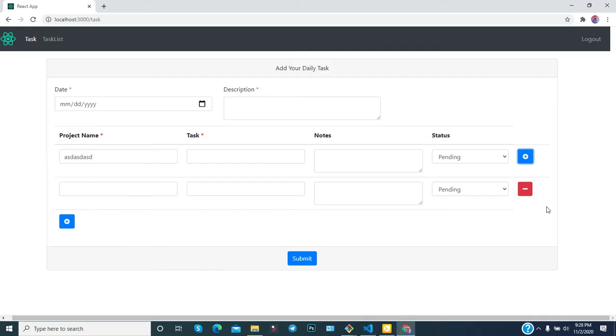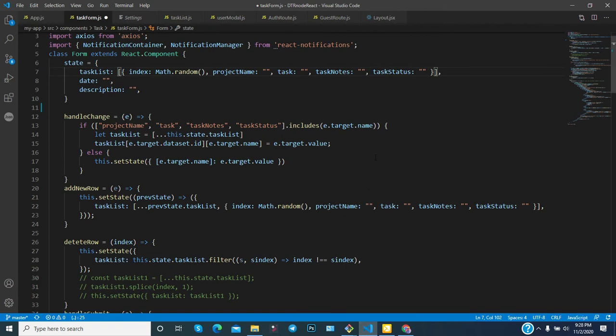And if someone clicks any of the delete buttons, then from that particular index of the array you have to remove that particular value, and the value is nothing but an object, and the object has lots of values. So you just need to remove that particular object from that index. In this way you can delete it.